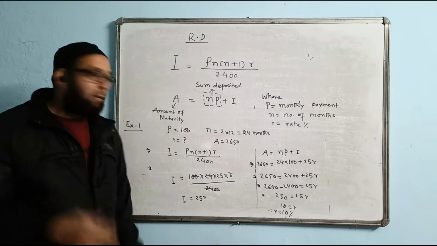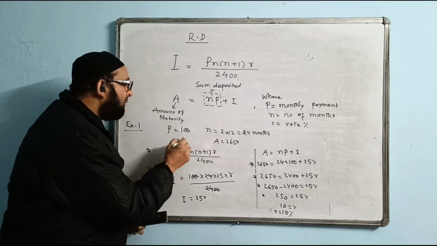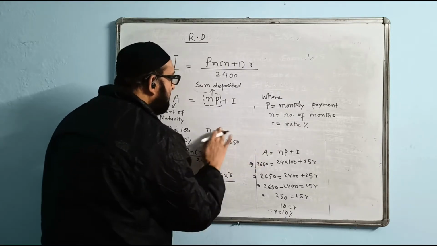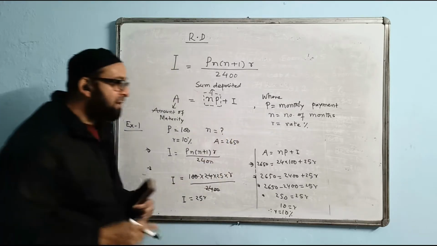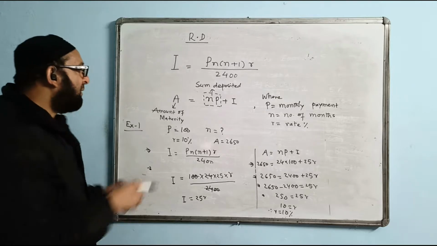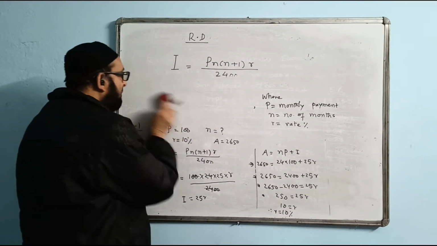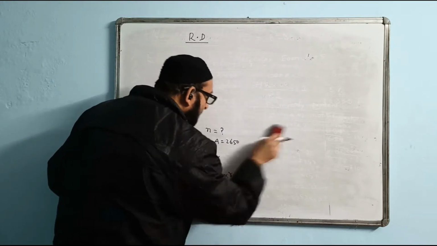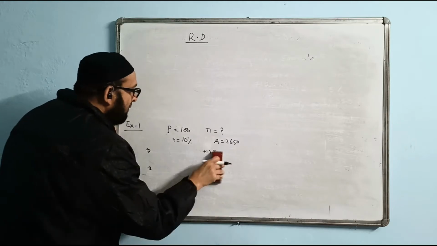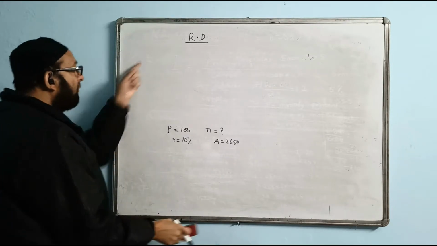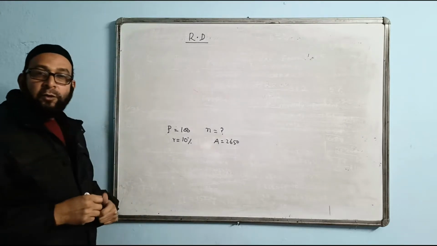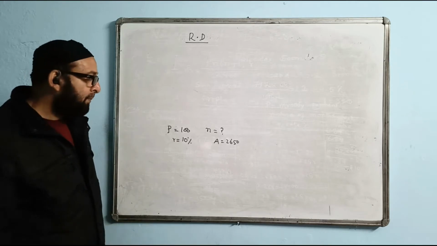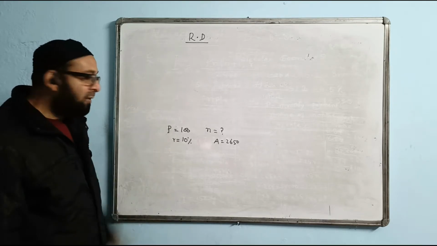Okay. Now I take R also given 10%. A also given, P also, but time is unknown this time. This time time is not given and we have to calculate it. Question is asking to find time. This is slightly lengthy and slightly difficult, but you have to learn because time also will be asked you to calculate. So I will show you the working for this over here. What I am going to do, you understand that time we are going to find out. Amount is given. P also given.